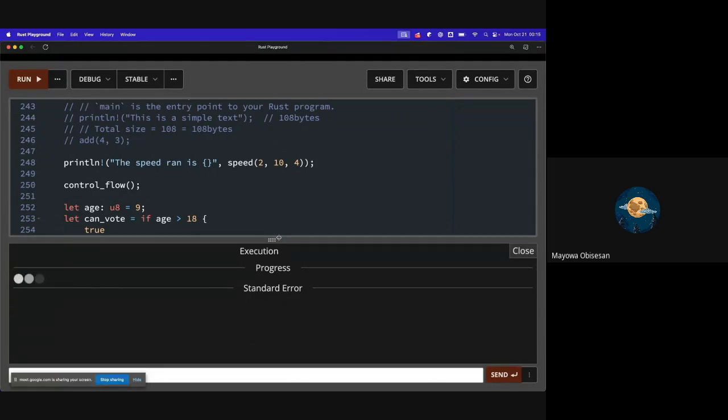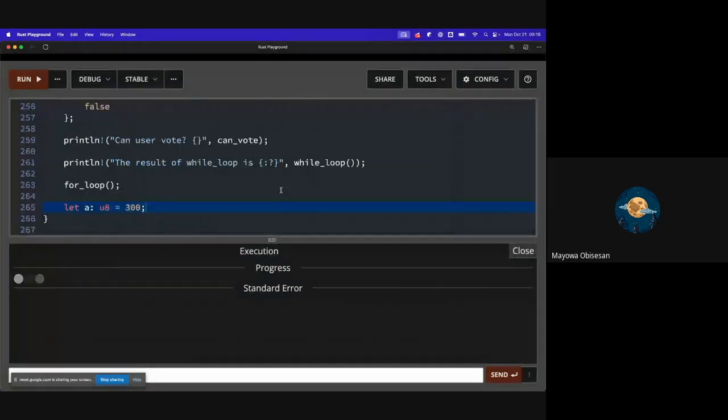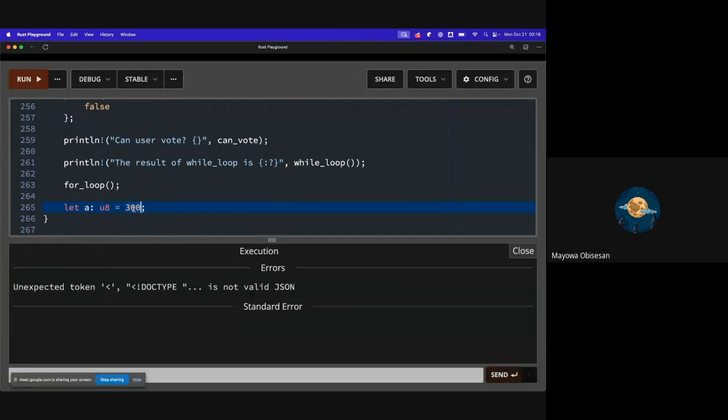Remember that we said that Rust is a statically typed programming language, and the Rust compiler does the job of keeping your memory very safe, and allocating memory as you define using your data type. So if I already specify a U8 data type here, Rust has already provisioned an 8-bit memory size for me. So trying to put in a variable a value that is higher than that value,